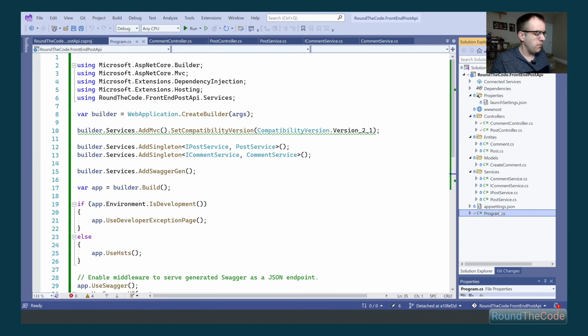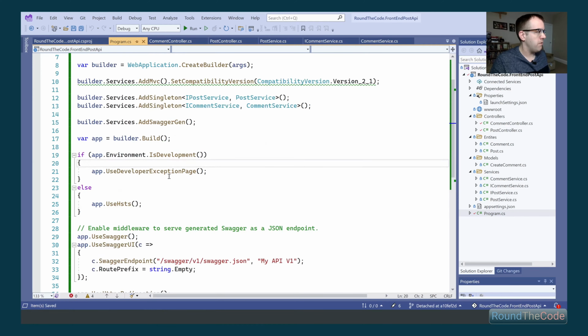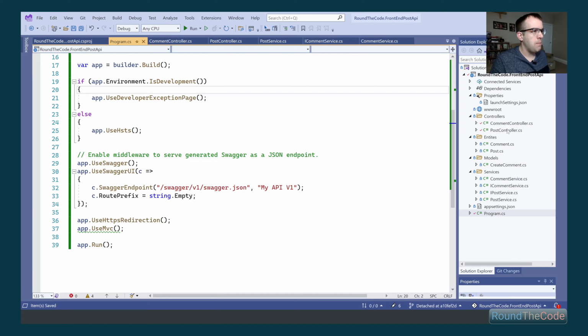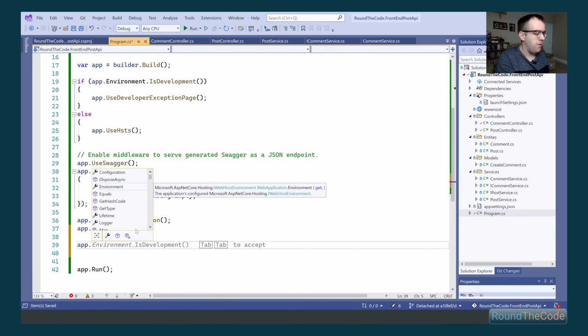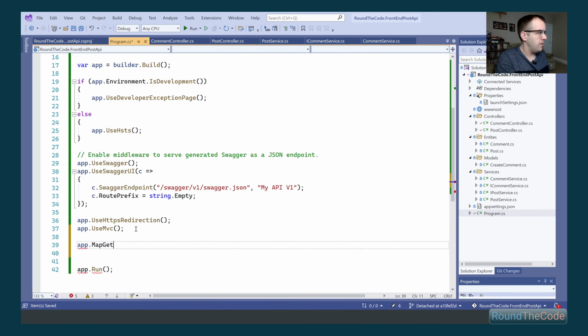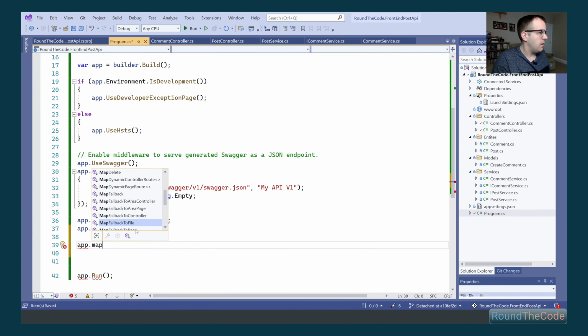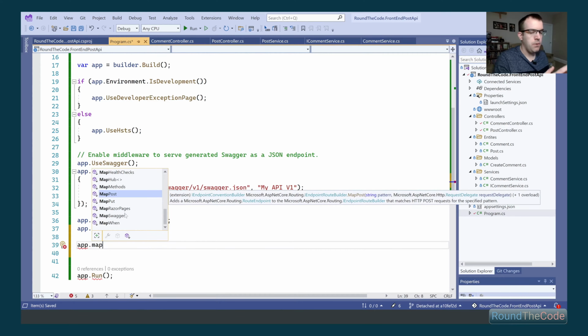So that's now gone. What we're going to do now is start using something called minimal APIs. And we're going to move all our API endpoints from our controllers into the configuration file. Now, in order to do that, in our app, we've got a couple of new methods in here. So we've got the map get. We've also got a map post. Find it, there you go, map post, map put, and there's also a map delete as well. We're going to be using the map get and the map post.